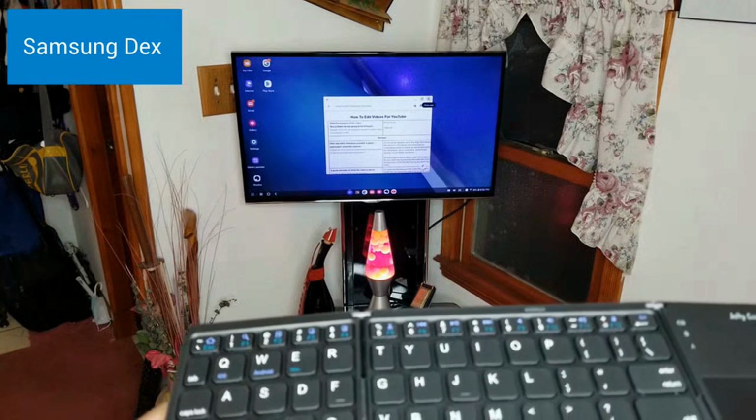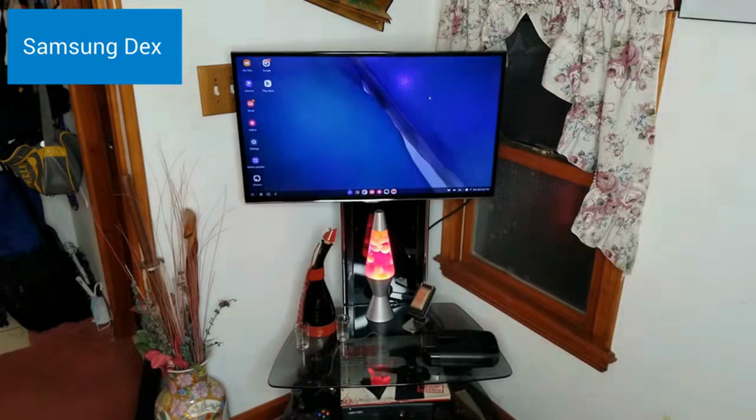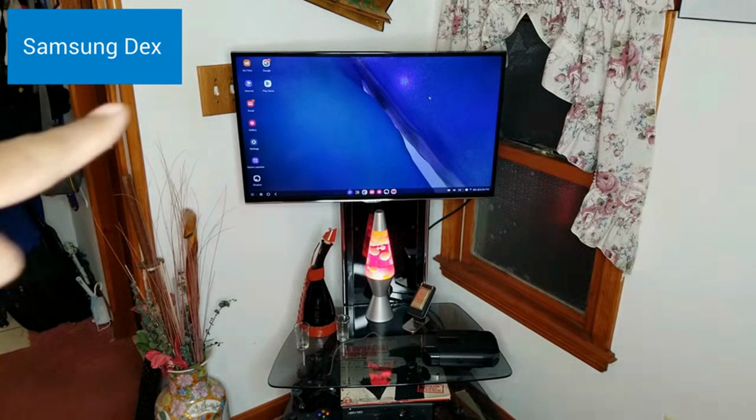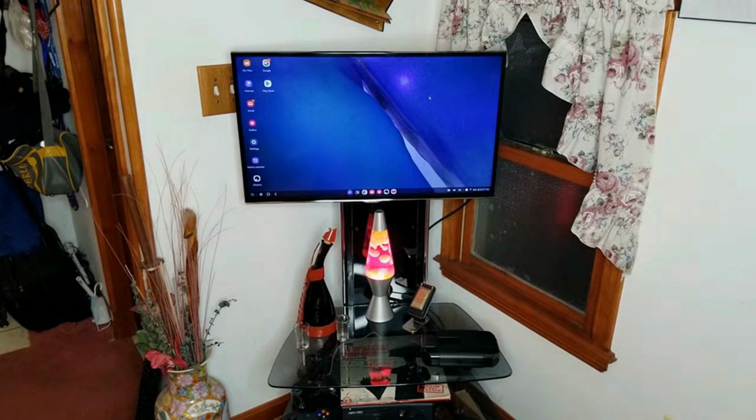For those of you who are complaining that you don't have a computer, your laptop is slow, your computer's slow, if you have a Note 20, Note 10, a Note 9, Note 8, you've got DeX, and you have a full desktop computer. That's Samsung DeX. If you want to learn more about DeX, you can check out the video I did 2 years ago. I'll put a link up above, and I will be doing a new video on DeX shortly. For the remainder of this series, you will see me sitting in front of a large screen or showing you full screenshots. I wanted to make it clear that I'm not using a computer. I am using the Note 20 in Samsung DeX mode.